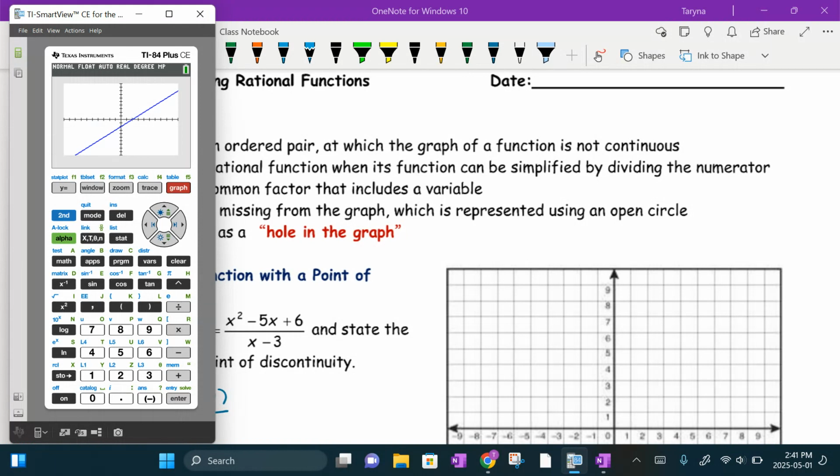You definitely can see it in your table of values. But like I said, how you graph it, you don't do a vertical line anymore, right? If it's a point of discontinuity, so if it divides itself out, you now put it on the graph as an open circle, right? So when you graph it here,